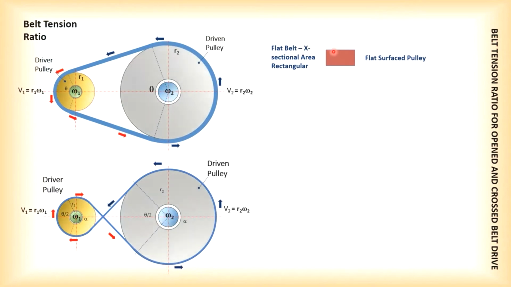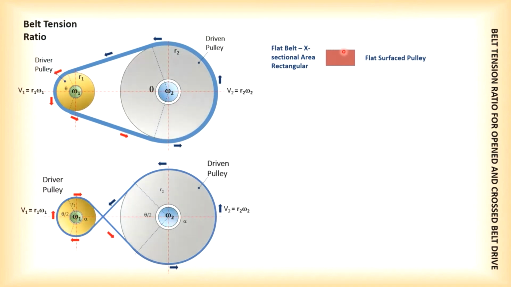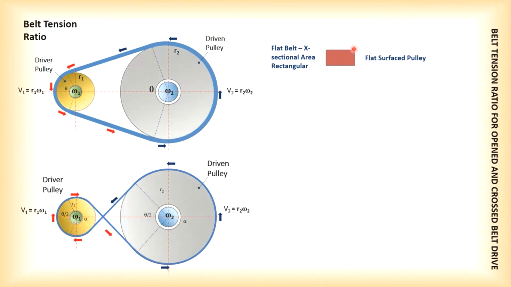For a flat belt, the cross section of the belt, when you cut it and look from the side, gives you a rectangular cross section. The area is just the width of the belt multiplied by thickness. In case you want to consider TC, or the stress due to the tension on the belt,